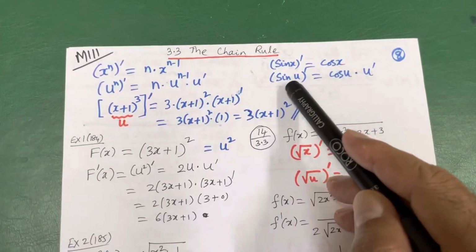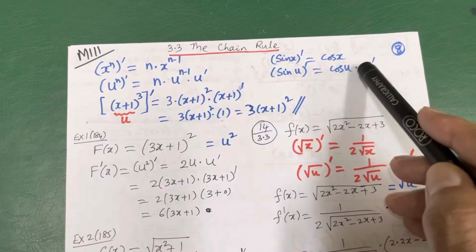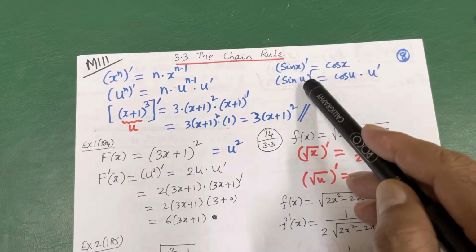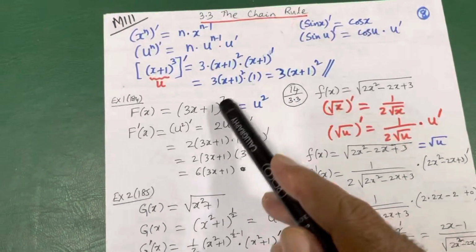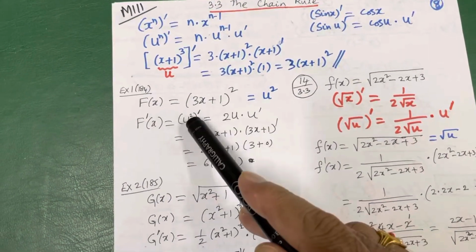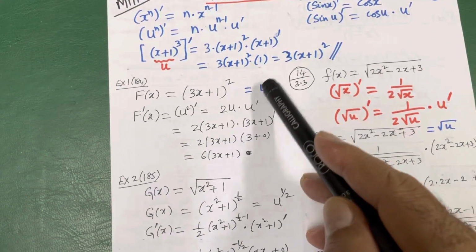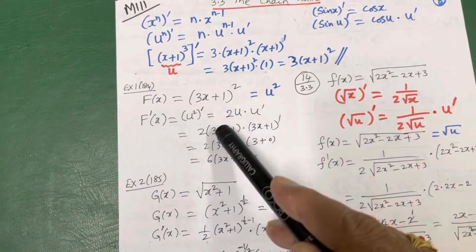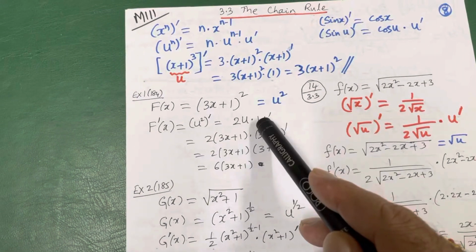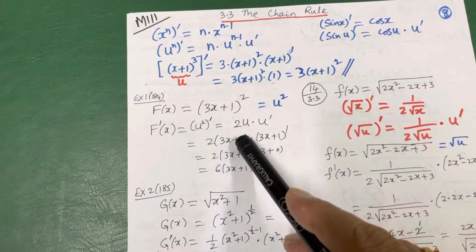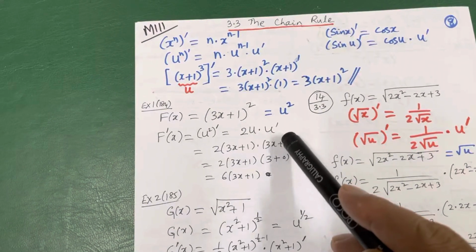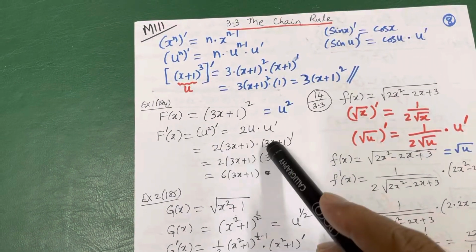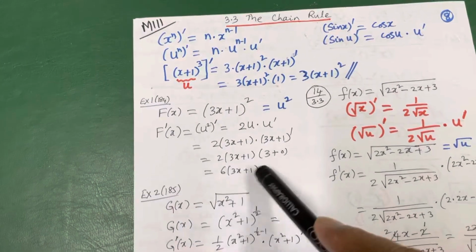Suppose the derivative of sin x is cos x. So in this case, the derivative of sin u is cos u multiplied by u prime, because anything other than x, you should write its derivative extra. So let us take (3x plus 1) whole square. This looks like u square. So the answer will be 2u into u prime, the derivative. 2u means 2(3x plus 1), multiplied by the derivative of 3x plus 1. This you will forget mostly. Don't forget it. So 2(3x plus 1), and the derivative of 3x plus 1 is 3. Multiply, you get 6 times this one.